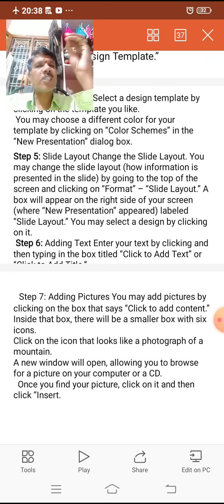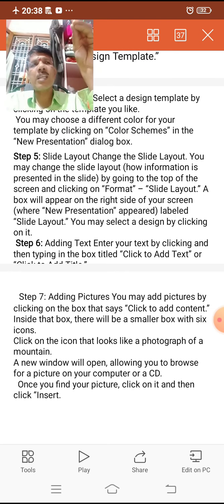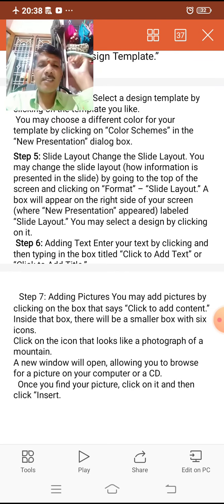The selected picture will be placed on the slide from which it is browsed. This is the mechanism for inserting pictures.